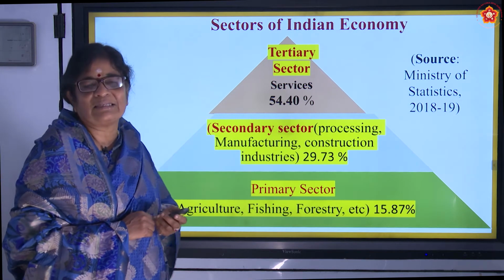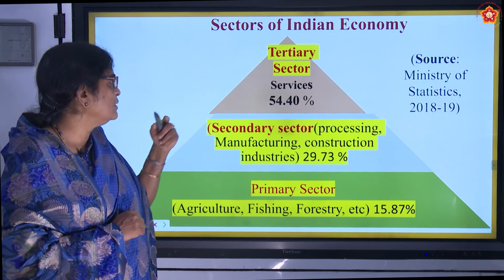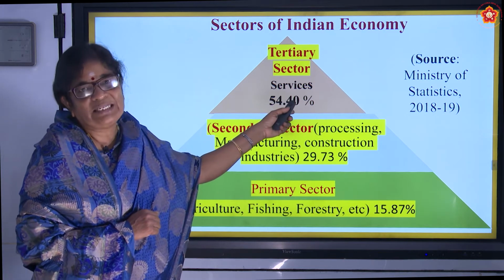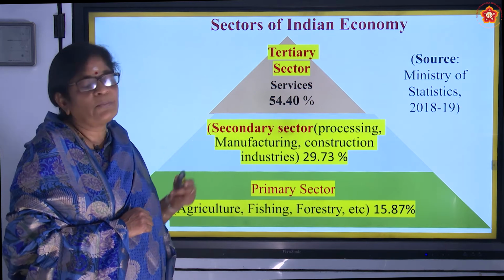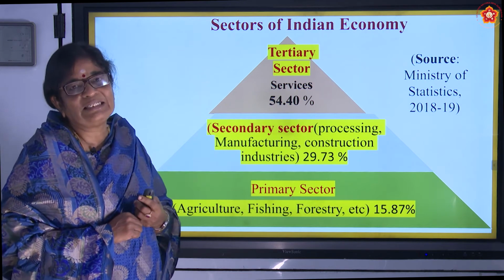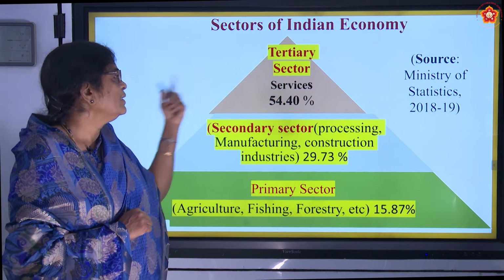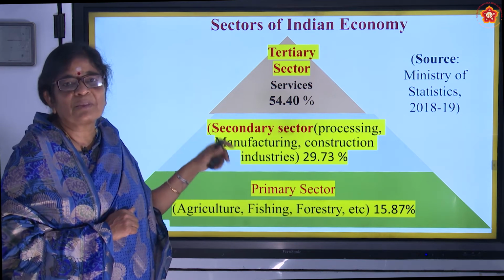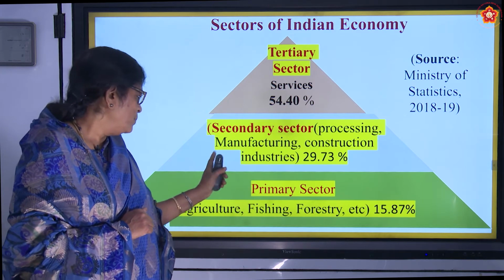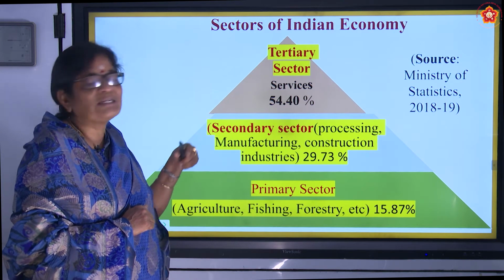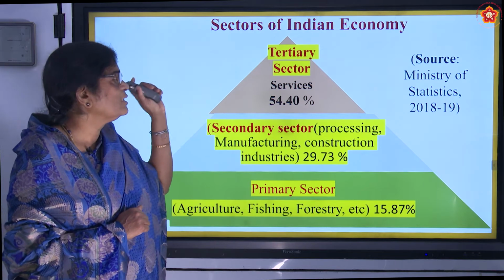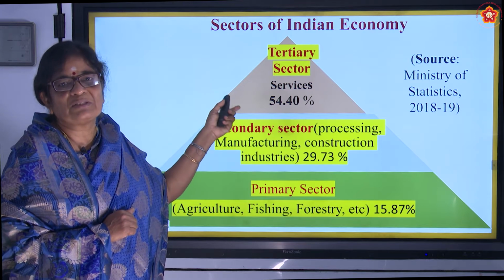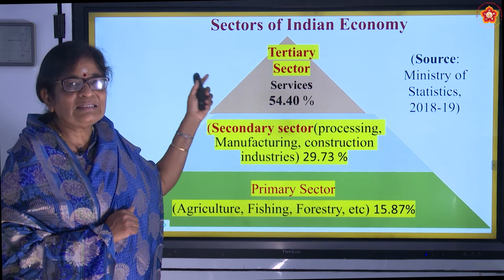And the tertiary sector is the third sector. It is called the services sector. It contributes much towards the GDP of a nation, national income, that is 54.4% according to 2018-19 statistics. The service sector actually doesn't produce anything, but it's a supportive sector for both the other sectors, primary sector as well as manufacturing sector, because this sector gives more importance to skilled and educated personnel. More importance is given nowadays, and this sector